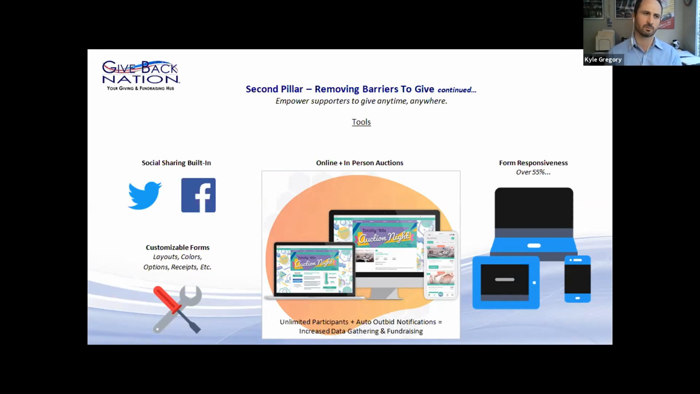You're not just limiting yourself by 100 people can go to this event. Anyone else can join from home, and they can bid as much as they want. When they get outbid, they get notified, which increases bidding, which ultimately increases fundraising. And the data gathering aspects of it, all that data you can use to then store and manage and fuel engagement for long-term,